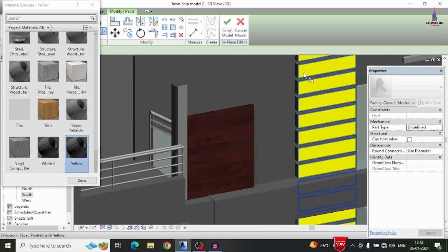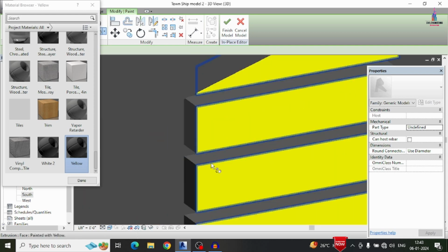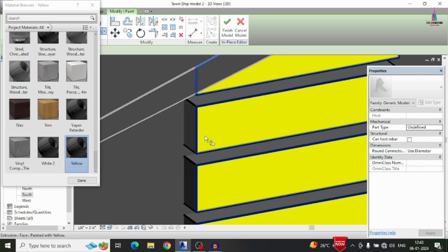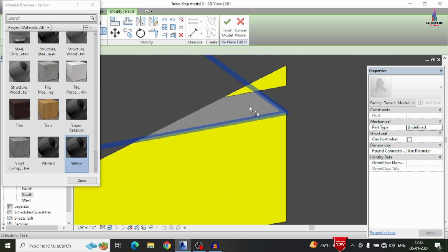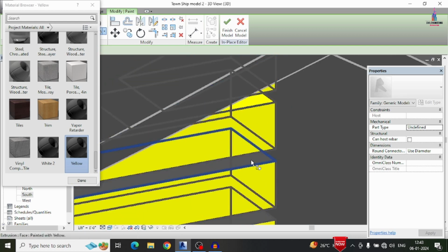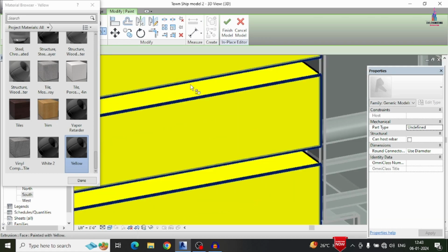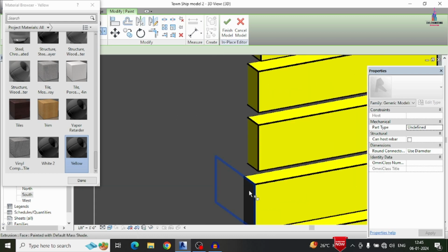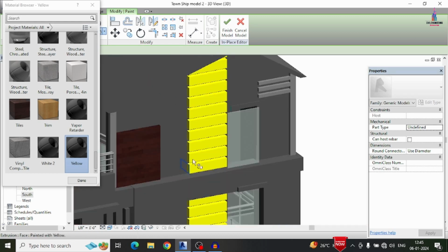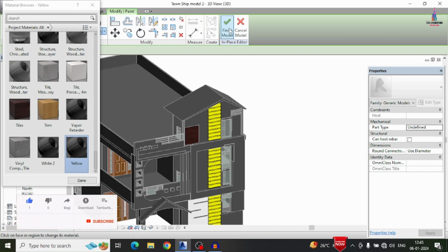Okay, now we can see it was applied here like this, but it will not apply for the inner portions. Only it will be applied on the front facing direction, but we have to apply the painting on the top section, bottom section, left side section, right section. So here I am painting the sections related to top, bottom, left as well as right. Here you can see I was done with the complete painting process for the yellow color.